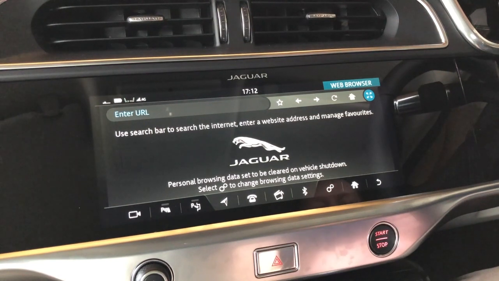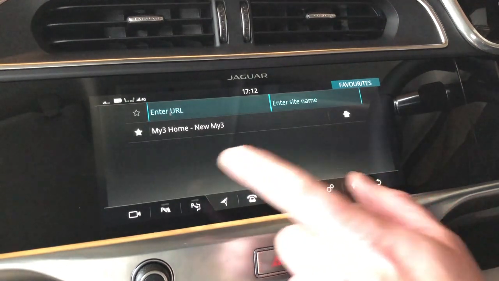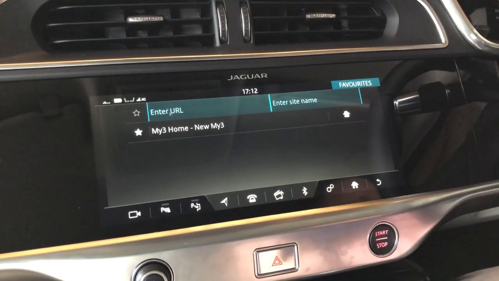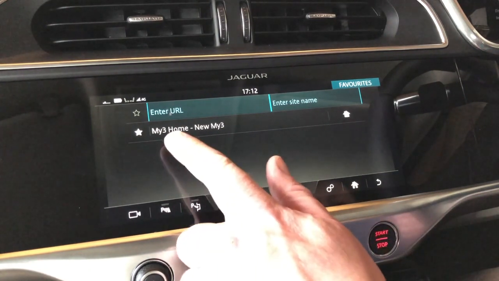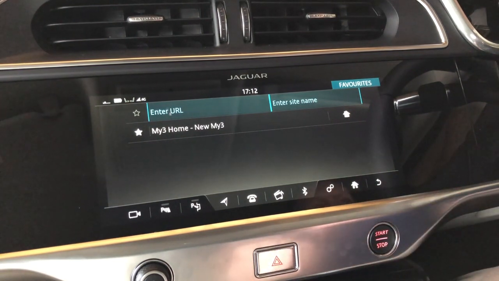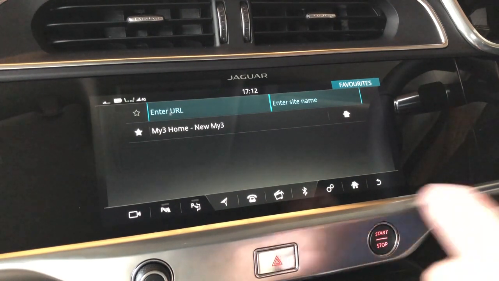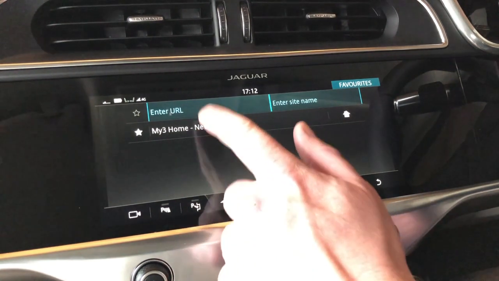So 3 have a way of doing it for iPads, which obviously don't have text and call function but can have data. What I found was there's a specific address you can go to. I've saved it into my favourites, but it is 3 the word .co.uk/my3. That's the URL address. I'll stick it up in the description of the video, so you can click on that link if you want to. So if we go to that link,